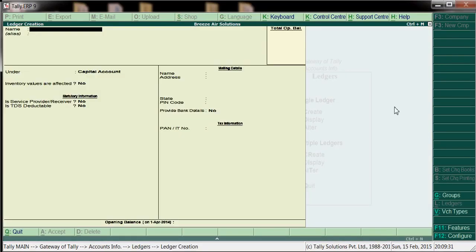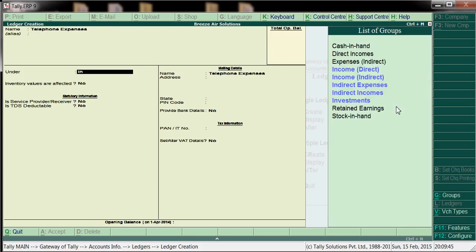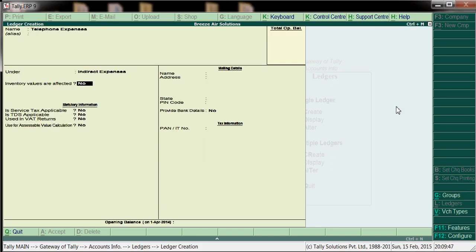Here first we'll create some expenditure ledgers. The first, telephone expenses, under indirect expenses. See here we have the options, like whether inventory values are affected.